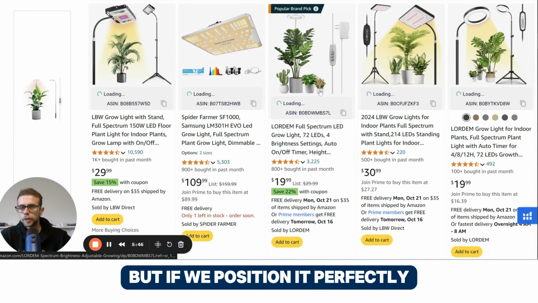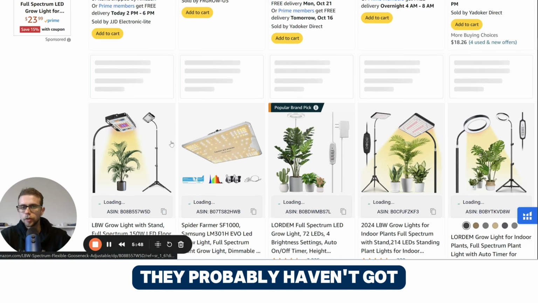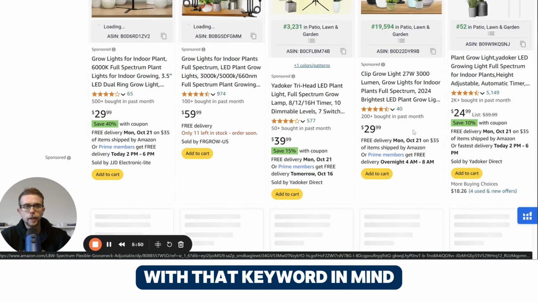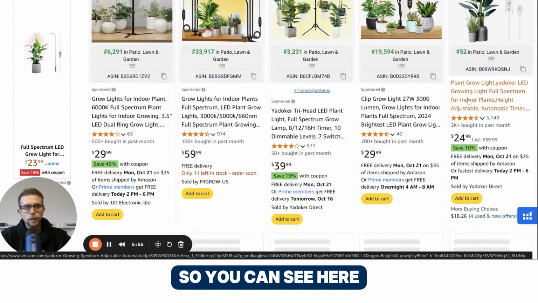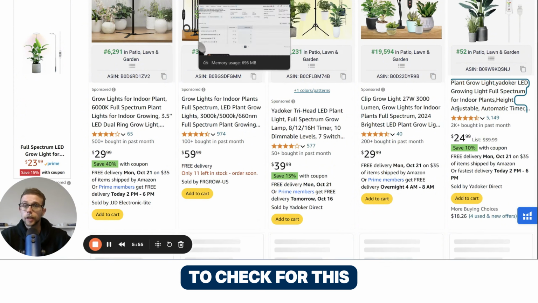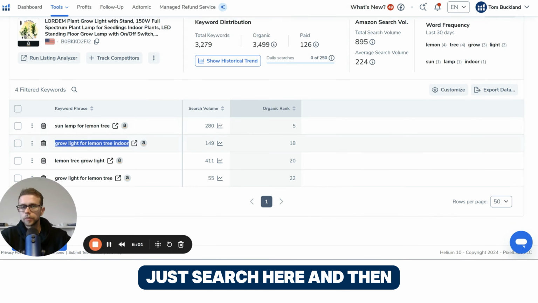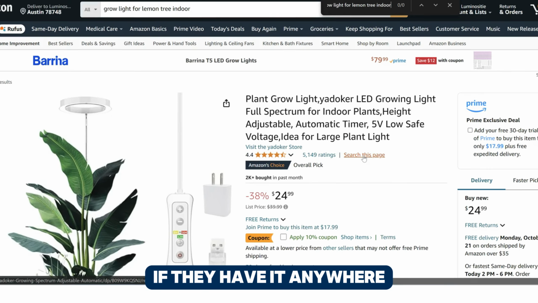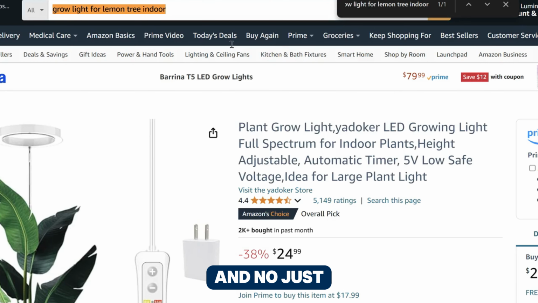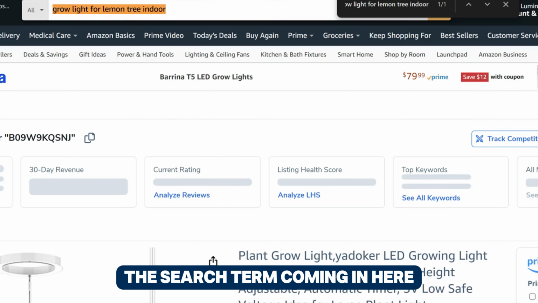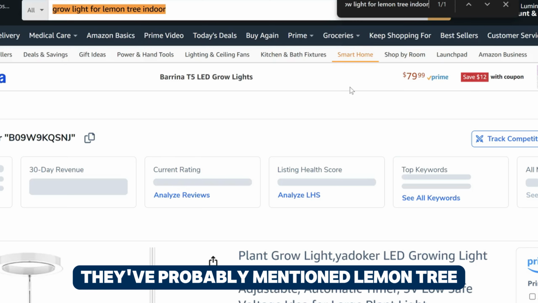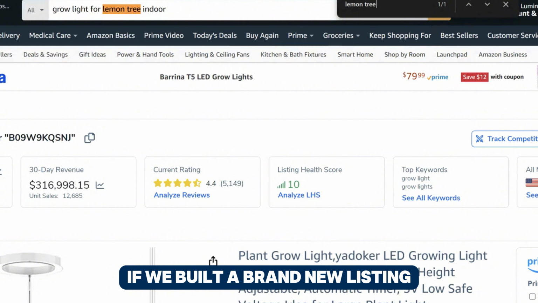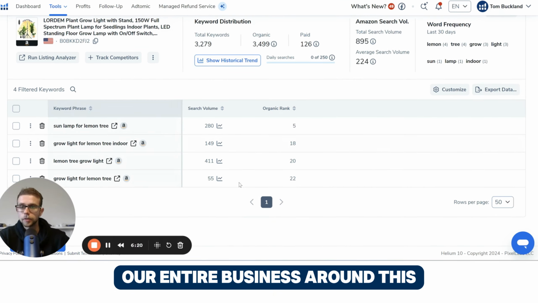But if we position it perfectly, they probably haven't got a lot of people who have specifically designed it with that keyword in mind. So you can see here, obviously the title is the best place to check for this, but we can just search here. And then once this loads, we can copy and paste this and see if they have it anywhere on their listing. And no search term coming in here. So maybe they've probably mentioned lemon tree in the listing itself. No, they haven't. So if we built a brand new listing and geared our entire business around this to start,